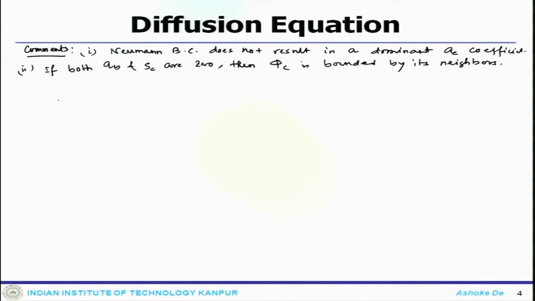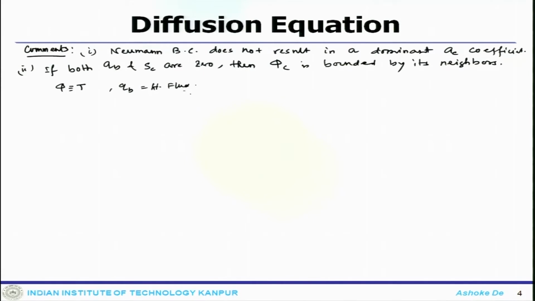Now, for example, and you can get it more clear, if phi is equivalent to temperature, and QB represents the heat flux applied at the boundary, that means either heat is added or heat is taken out from the boundary, then the region close to that boundary is expected to have higher or lower temperature compared to the interior.